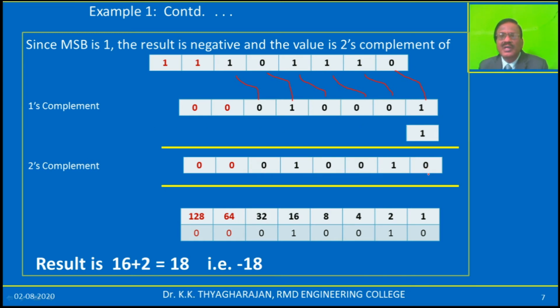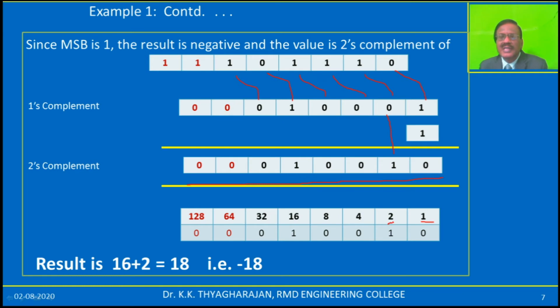1 plus 1 is 0. You will have a carry, so that carry will be added with this 0, so you will get 1 here, then 0, 0, 1, 0, 0, like this. So this is the actual value. Now you have to find the decimal value for this, because this is in binary form, we may not understand. So to convert this to decimal form, again you follow the same procedure.